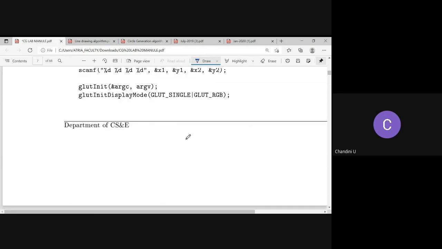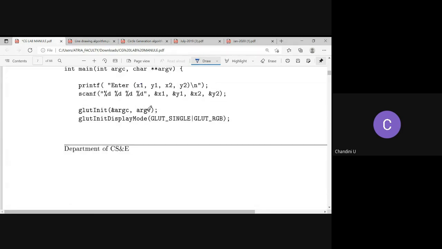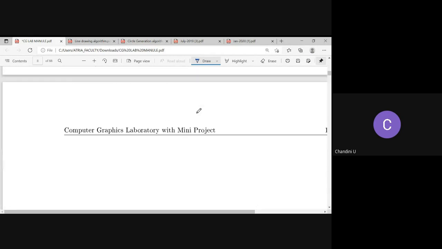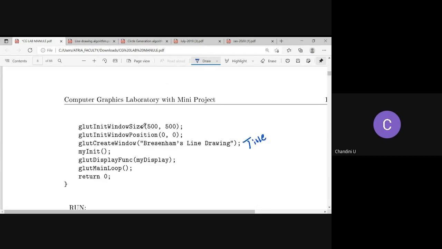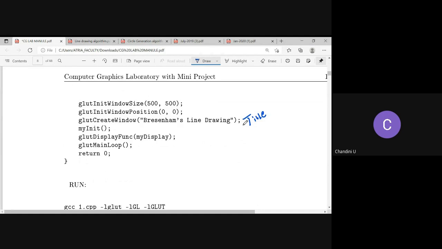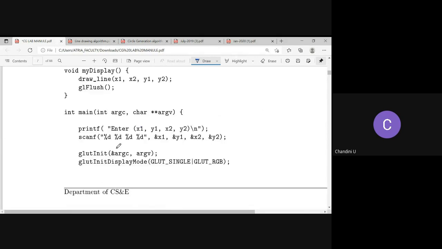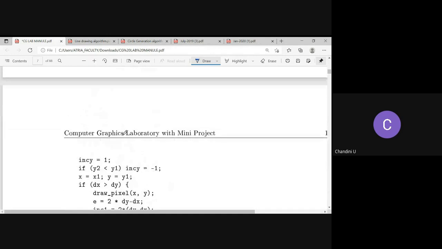Just give the initialization with command line arguments, and then set the display mode, the window size, window position, and the title. Then you invoke the init function. After the init function, you're moving to the display function. So let us go to the init function now.